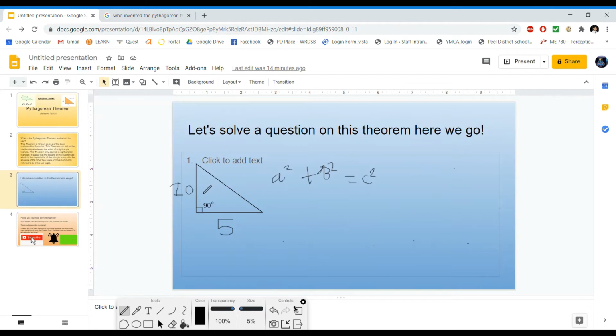As you can see, these two sides are 10 and 5, and we should give units, because when we're working with this we should have units. Let's keep the units as centimeters. Now all we need to do is plug in the numbers in the theorem. But before that,